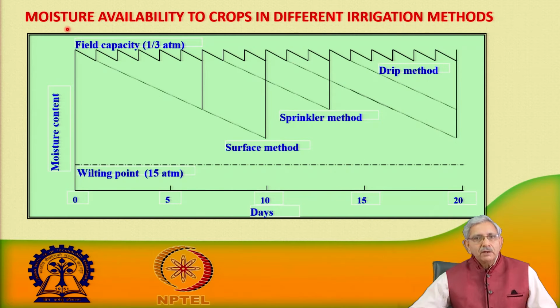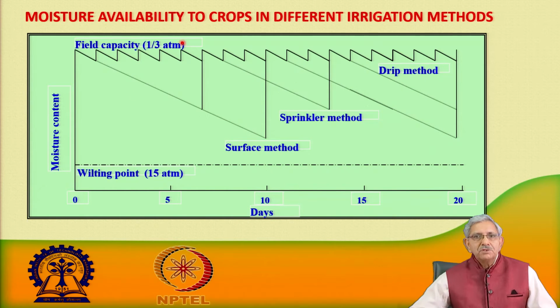So, it takes some time to come to the field capacity, which means saturation. After saturation, the gravitational water is removed, the moisture content comes to the field capacity, and then it goes to the phase when the soil starts depleting moisture, through evaporation and through transpiration by the plant. Then it goes to the drying phase, where the moisture content goes to a level which is not desirable for the plant.